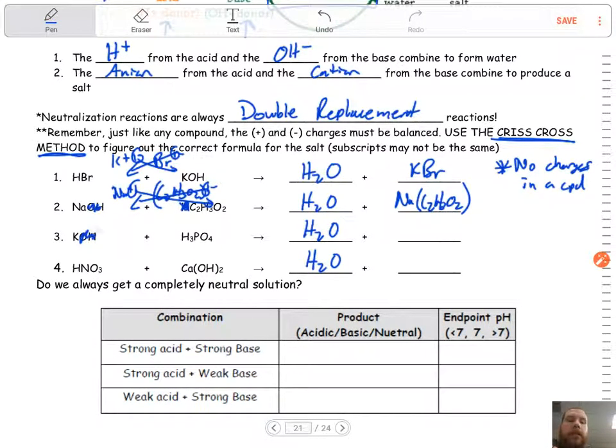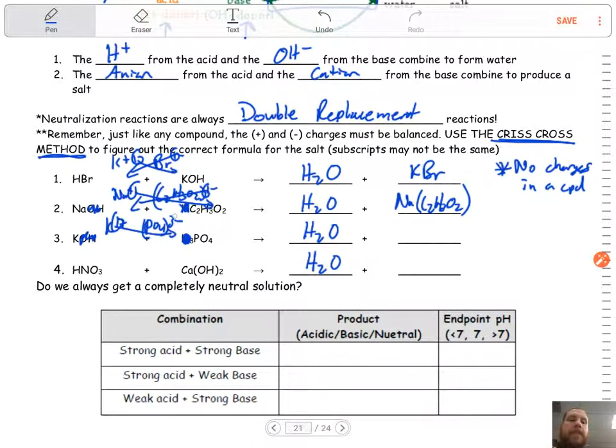Number 3, a little bit more challenging. Get rid of all of these. K is a 1+. PO4 is a 3-. This is the one where I think people may end up messing up because they're just going to say, oh, well, K only had a 1 subscript on the left. Guys, you've got to get that out of your mind. We have now moved past that. Just because it has a subscript on one side doesn't mean it's going to have the same subscript on the other. Here, when we do the crisscross method, we get